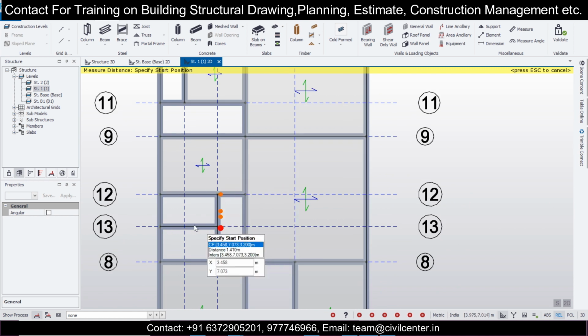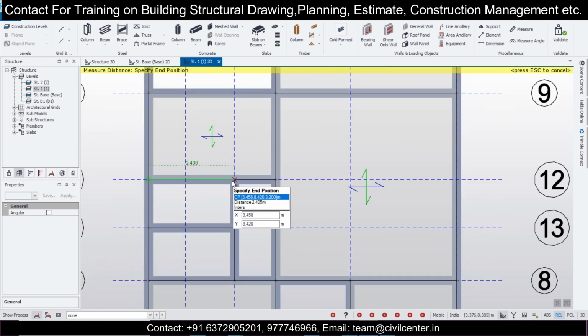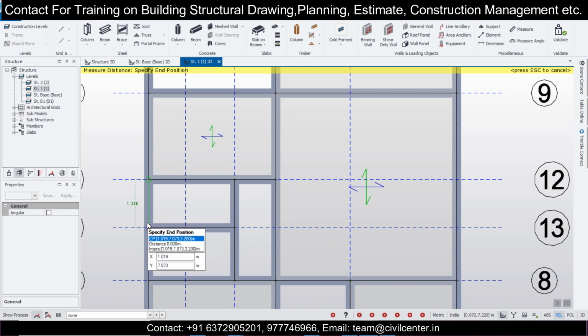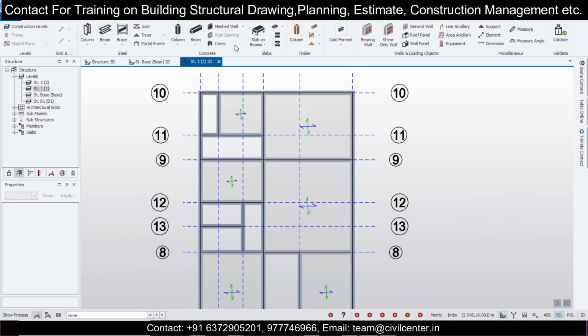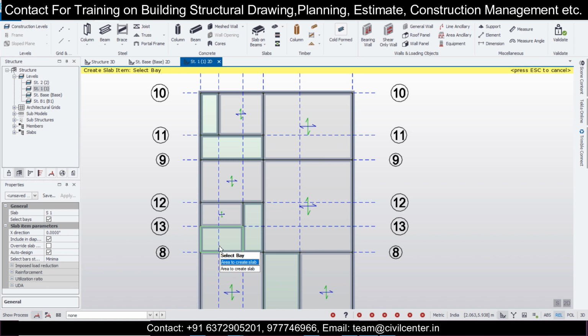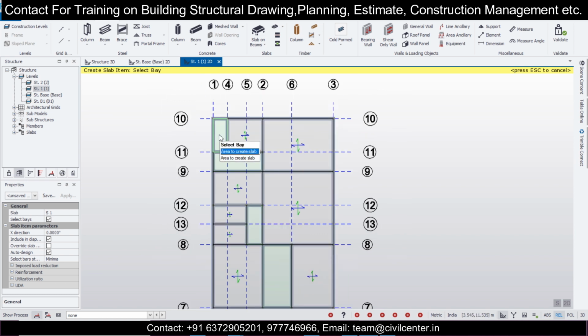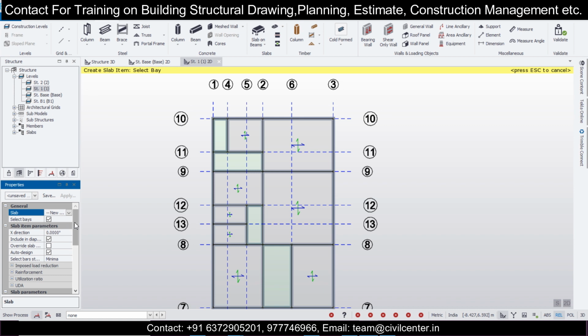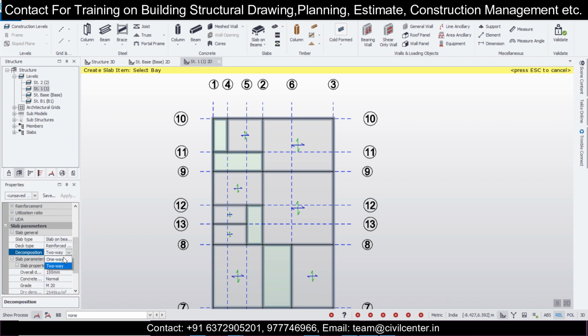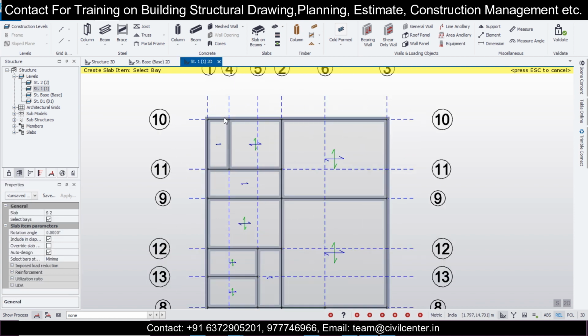So these two obviously will be one-way slabs, but let's check this one. This is 2.4 and 1.4. So 2.4 divided by 1.4 is 1.7. So both of these, I think, will be okay for the two-way slab. We'll take the slabs again and put the two-way slabs here, and then do the remaining one-way slab. So how to create the one-way slab here? Simply go to slab, take new slab, and in the decomposition make this one way, and then click like this.